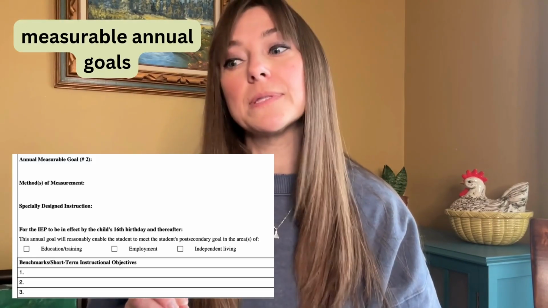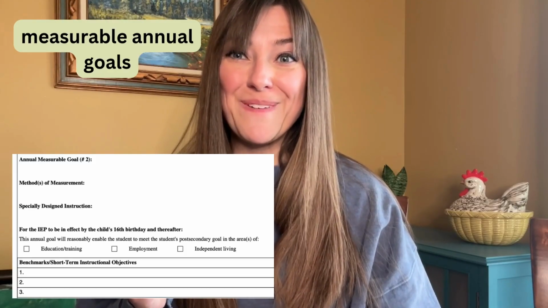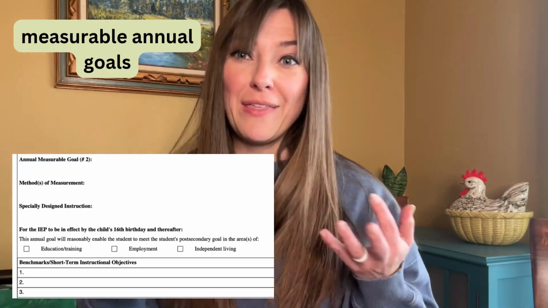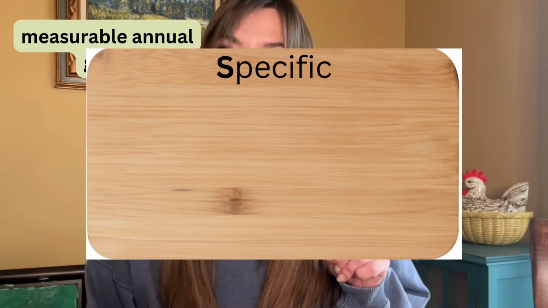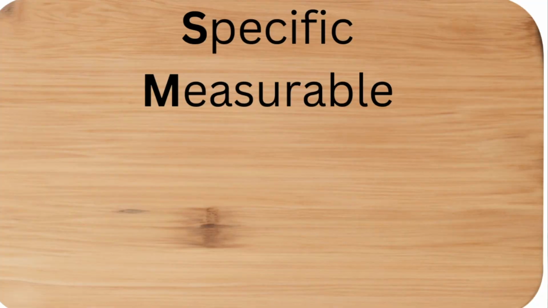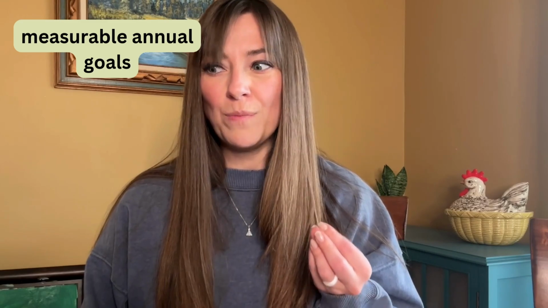The next major section is the measurable annual goals. This is what the student will work on over the course of a year. And this is what the therapist and the teacher, they will all try to support the child and help them progress in this area. The goals should be specific to the child and specific enough that when you see it, you will know that they are doing it. It should be measurable, so you know you can tally it, you can time it. You need to be able to measure their progress in that goal.